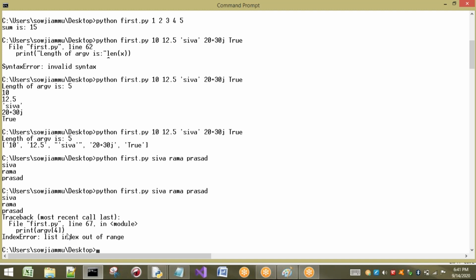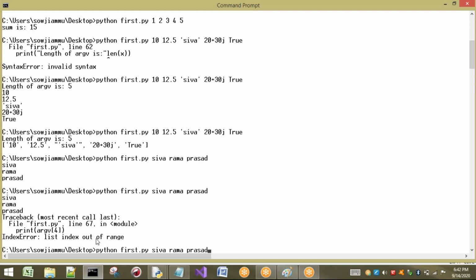Okay, next case I will take. This is about taking an index which is not present in the range. Next, if you are trying to access an index which is not in the range by using the slice operator. Here I have not used the slice operator.